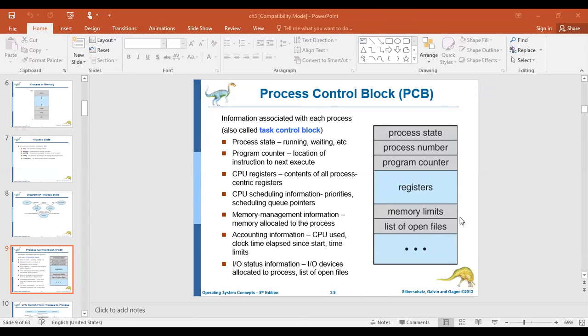And the program counter, as I told you, plays an important role in the execution of any process, because once it is loaded into the stack, it contains the address of the top location where the first instruction is to be executed. Or simply you can remember that the program counter contains the address of the next instruction to be executed.